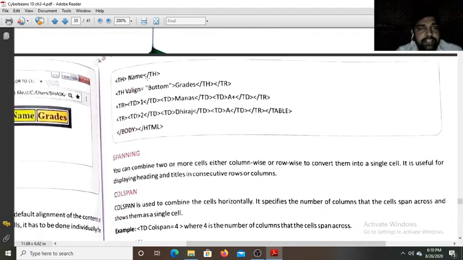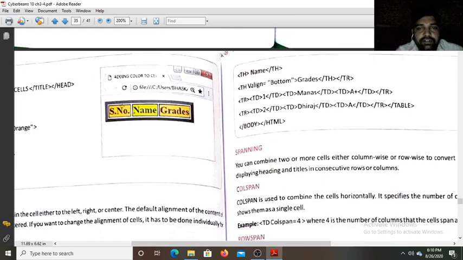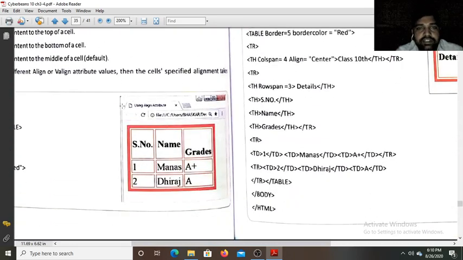Next, second table heading, name. After that, table heading with vertical alignment bottom. Now the table heading is closed, and the row is also closed. So in the first row you can see the vertical alignment given for the th is bottom. So you can see the grade will be at the bottom, as you can see here. The grade is at the bottom.